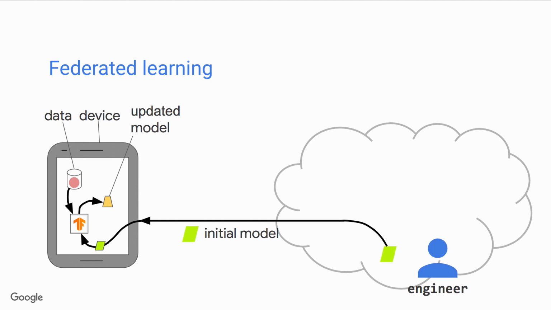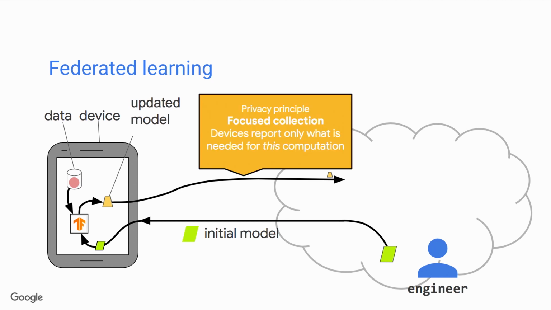And that device runs TensorFlow locally on the mobile device, processing its local cache of training data to compute some updated model. And importantly, that updated model is ephemeral. It's not going to be used to make predictions for the user. It's just a temporary artifact of the training process. Its only purpose in life is to produce an update to the global model, which is sent to the server. And that update is the only thing we're going to send to the server. The raw training data stays on device.